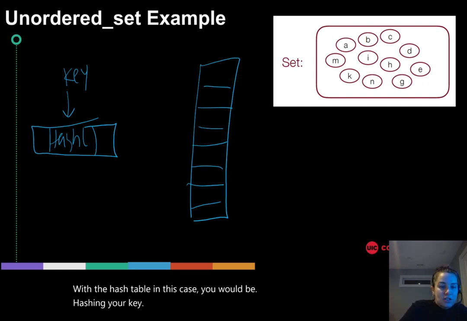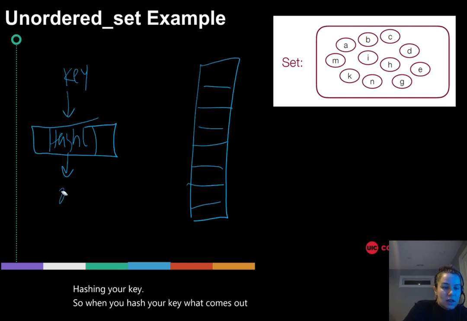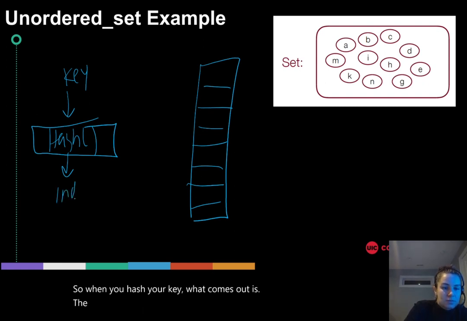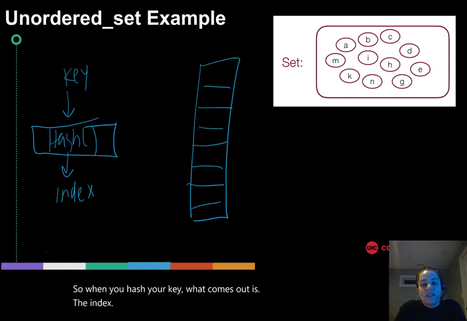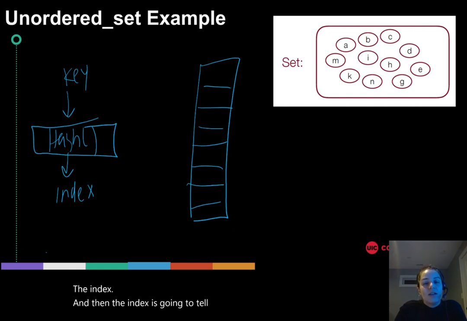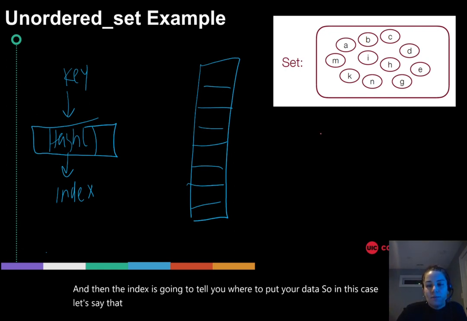So when you hash your key, what comes out is the index. And then the index is going to tell you where to put your data. So in this case, let's say that our hash function for this particular